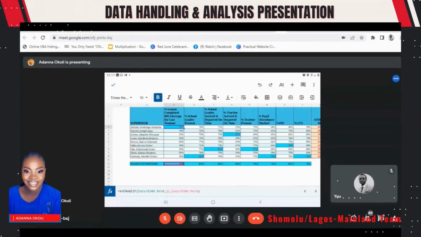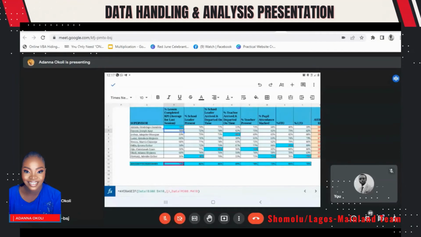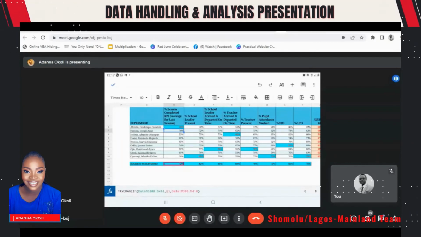column M. So we did this, and we noticed that if you apply this rule to the rest of the supervisors, it automatically increases the number. So instead of it still remaining on 308 to 410, it changes to 309 to 411. So we had to be very careful. We went back to edit for each supervisor and each KPI to ensure that it's at 308 to 410 for us to get correct data for all